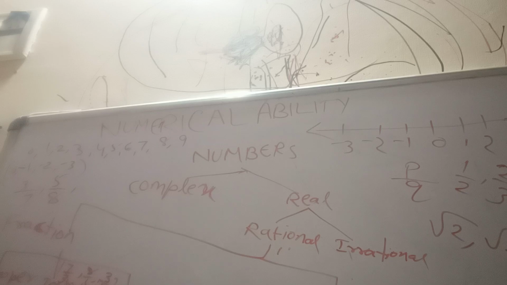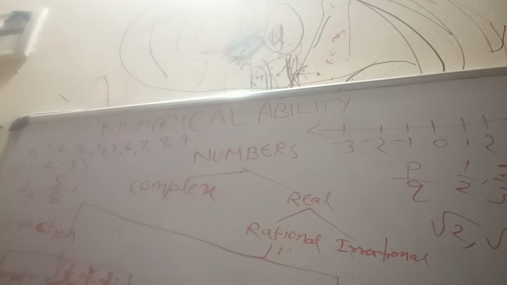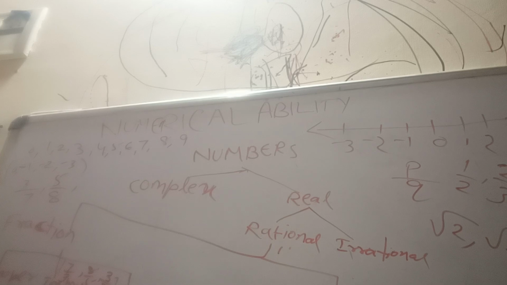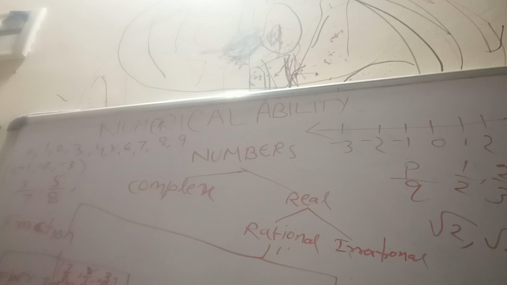And prime numbers. A prime number is a natural number that can be divided without leaving any remainder by only itself and 1. A prime number has only two factors, itself and 1. For example, 2 can be divided without a remainder only by 2 and 1. So, 2 is a prime number.